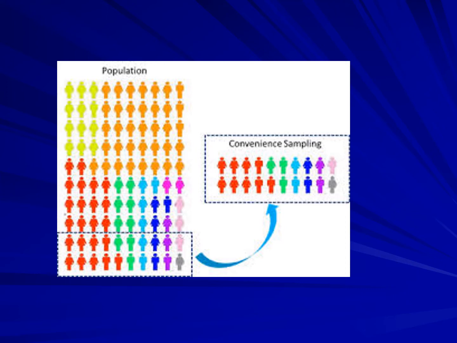So, as you can see on the screen, the convenience sample is selected from the study population as per the convenience of the researcher, and it does not represent the study population. So again, whatever the result of your study sample, it cannot be generalized or extrapolated onto the whole population.